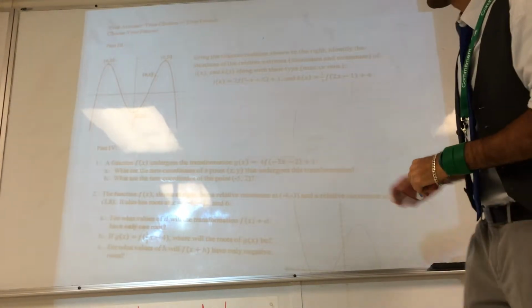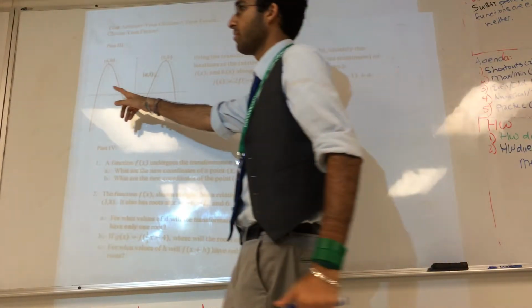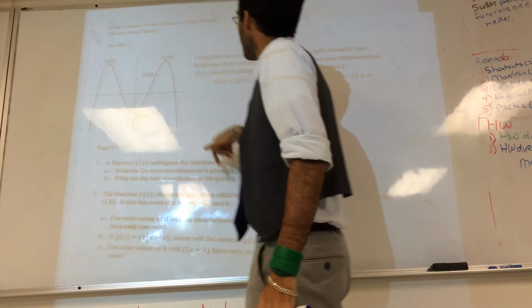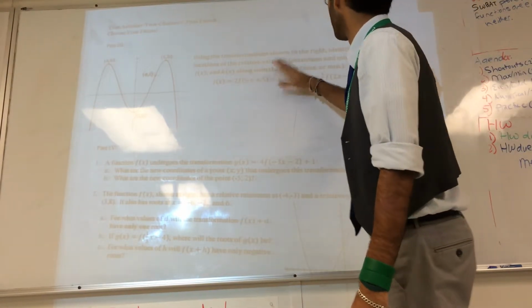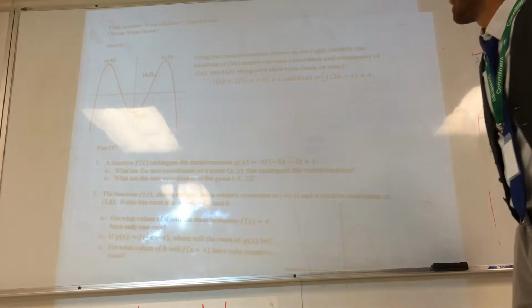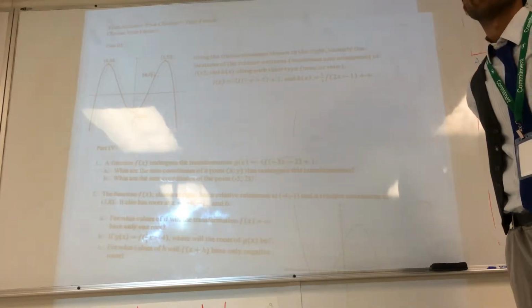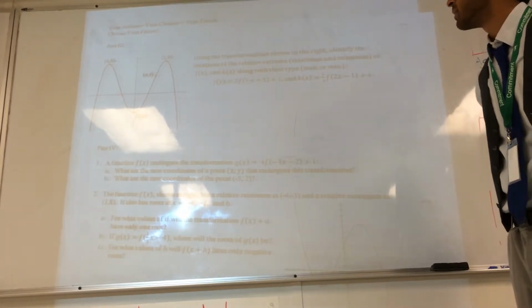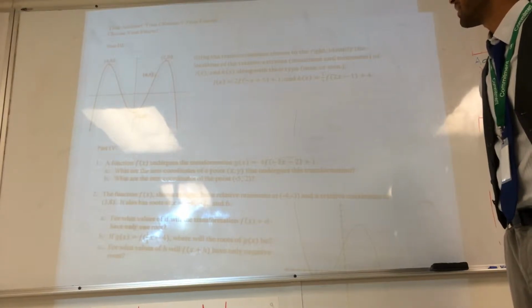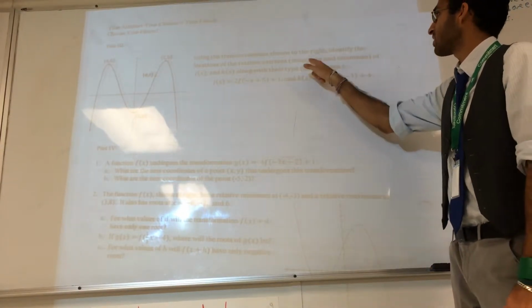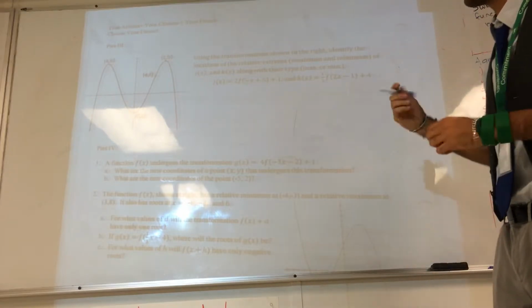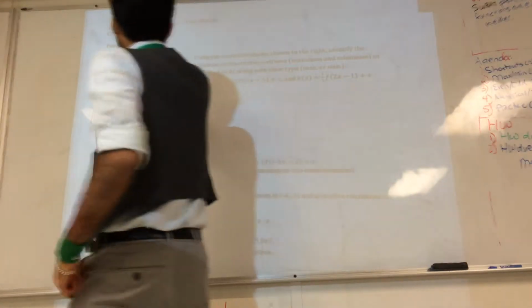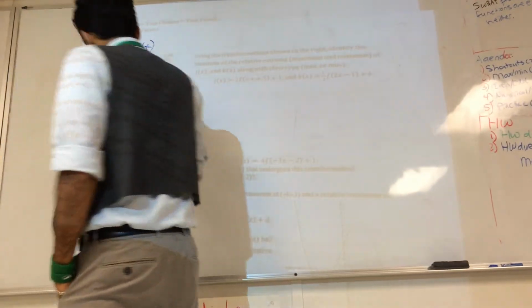Okay. So what we have here is a graph, and it says using the transformations shown to the right, in this case they're below, identify the locations of the relative extrema, max and min, along with their type, maximum or minimum. So, okay, if we assume this graph to be f of x,